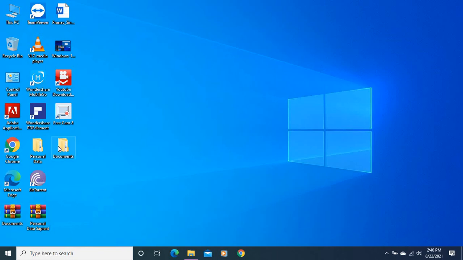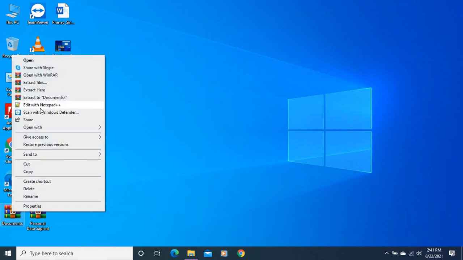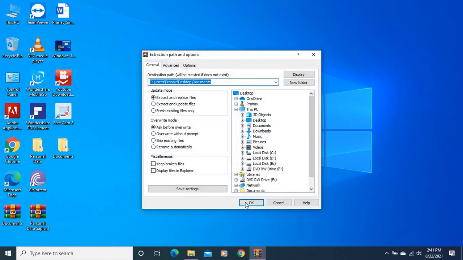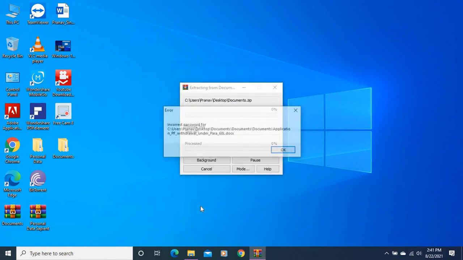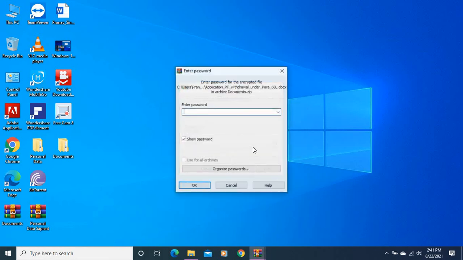So now if I try to open this file, this time I am clicking extract files. OK. So you can see now it's asking for a password. Suppose I fill in a wrong password. Here you can see it will not allow opening that file. So it provides security also in this way.